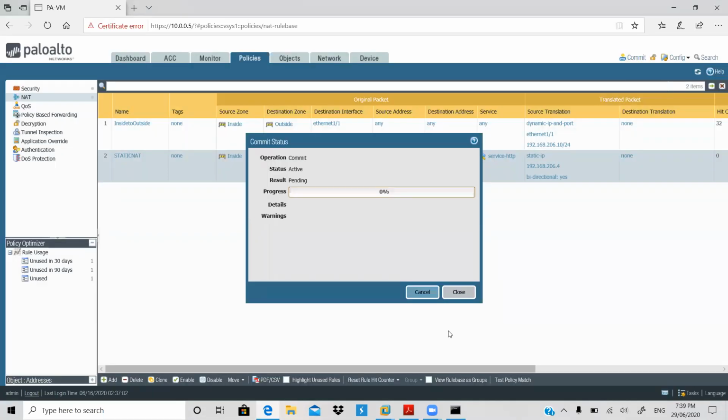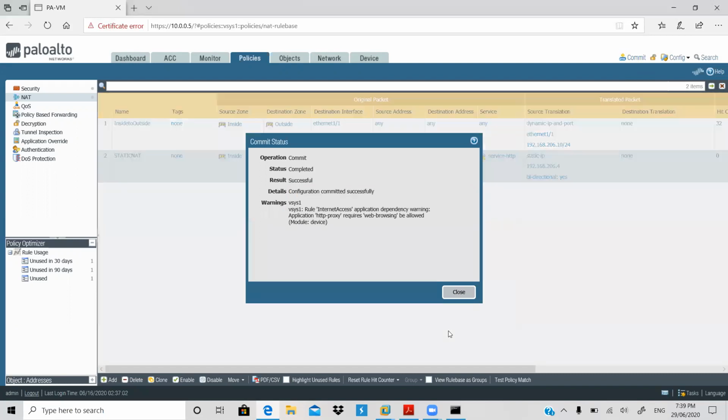Save it. 1 second. Okay, now both. Web browsing should be allowed. Okay, let us see.